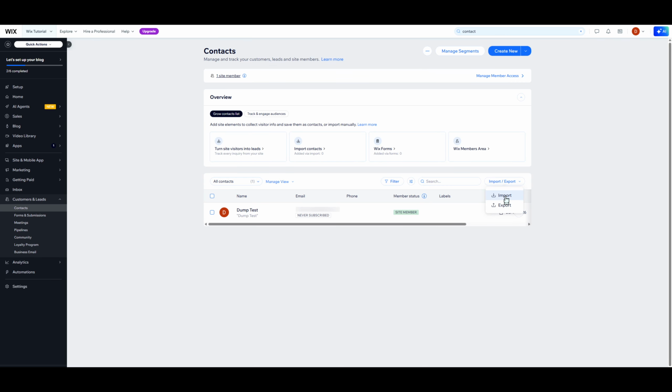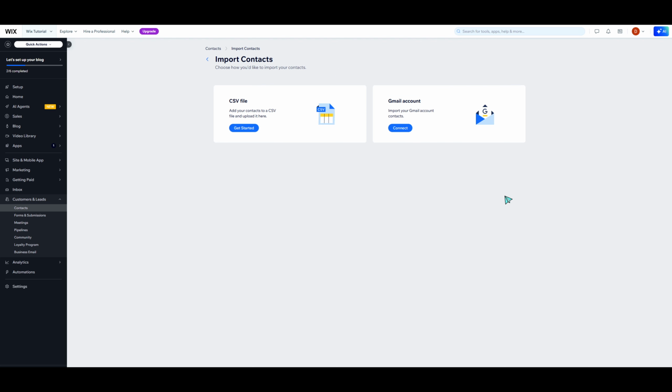If you choose Import, Wix will show you the available import methods. You can import your contacts using a CSV file, which is a very common spreadsheet format and usually the easiest option if you already have a saved contact list from another service. You'll also see the option to import from a Gmail account, which can be helpful if your contacts are already stored there and you want to bring them into Wix without manually rebuilding your list. Before importing, it's always a good idea to make sure your contact information is clean and properly organized, so everything